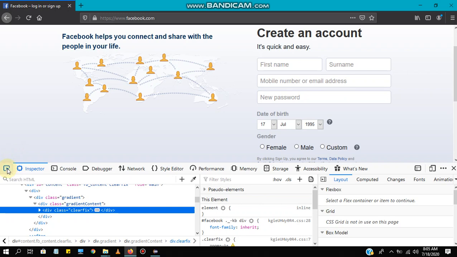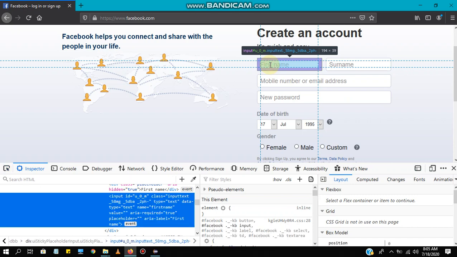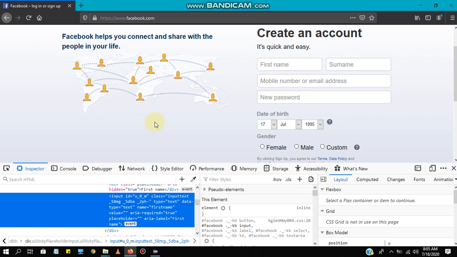Just click on that and click on the element you want to capture. Once you click, you can see the relevant information displayed, and here you can see the blue color highlighted area. You need to use this information to create your XPath.